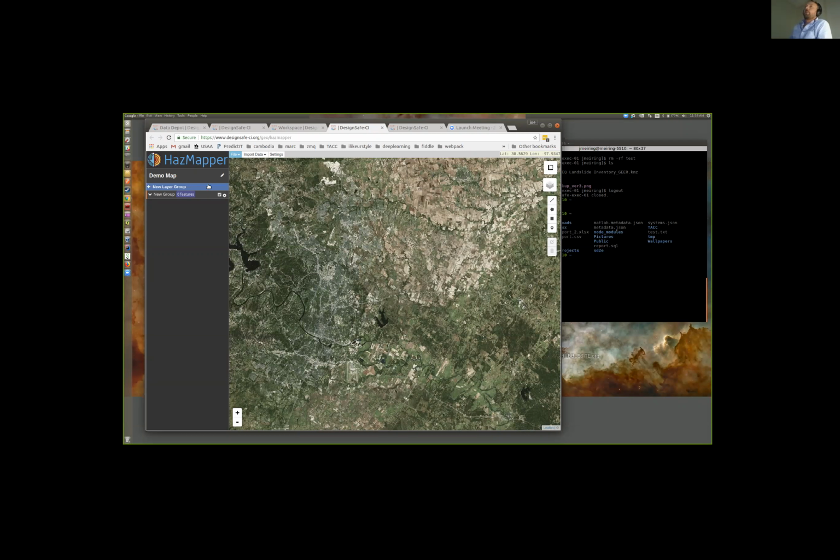Layer groups. The idea in HazMapper is that you can group all of the features that you're putting onto the map into different groups. We call those layer groups, and you can click this blue button, which creates a new layer group, and you can toggle between whichever one is active by clicking on each of these layer groups. So if we add